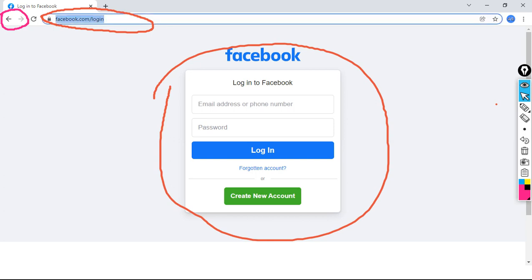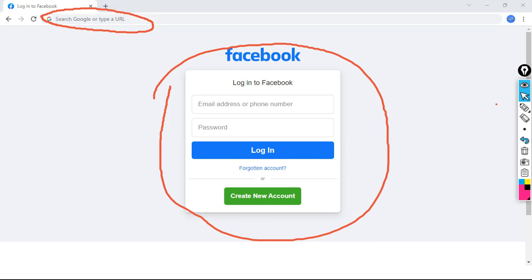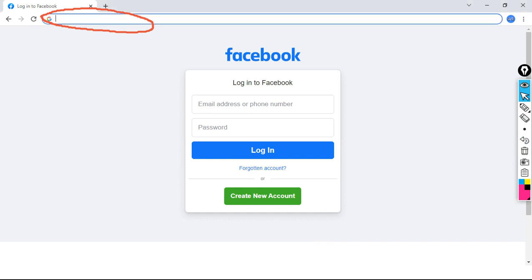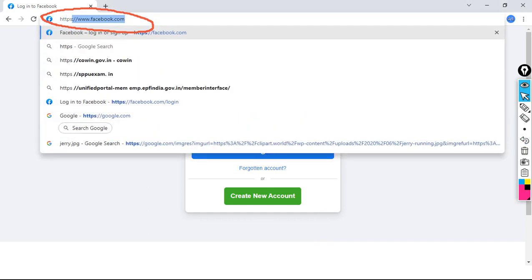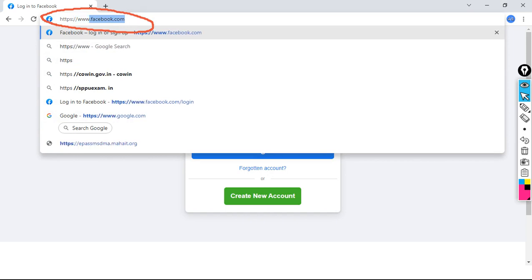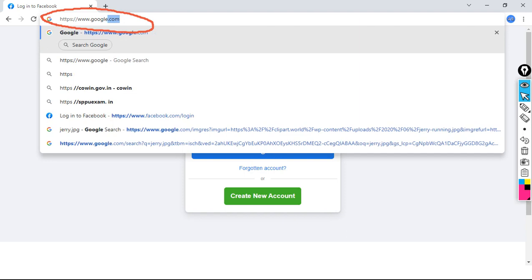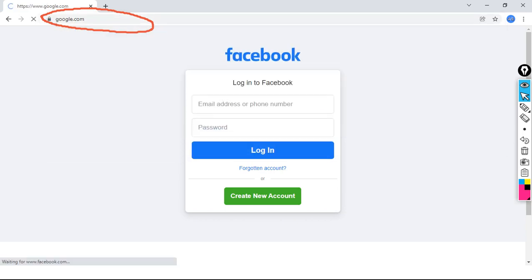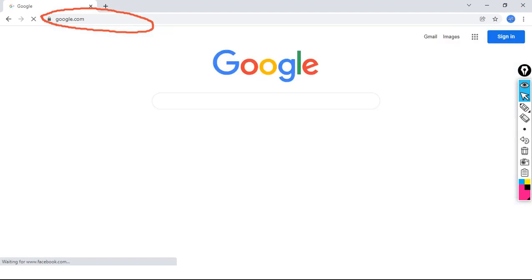Now just observe carefully in the URL bar. What I am typing: https://www.google.com. This is the complete URL of the Google website. Let me press the enter button, and here you go.